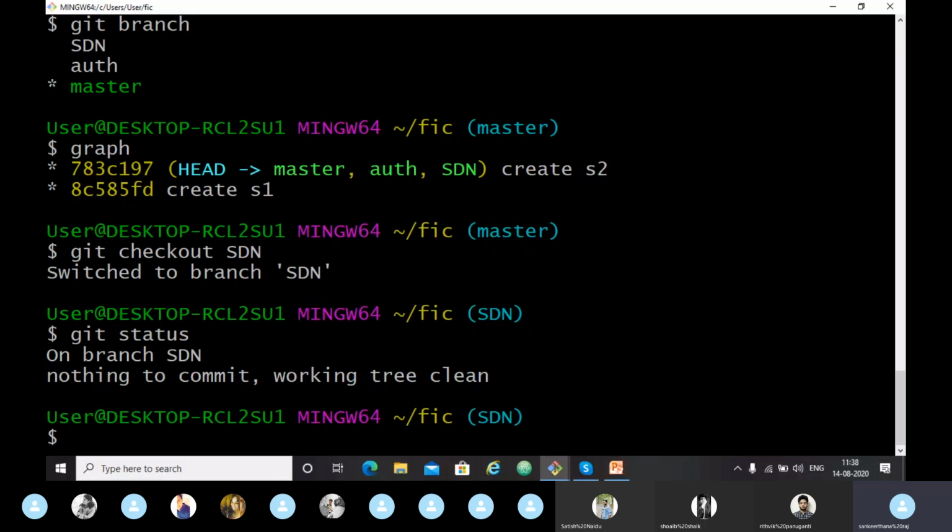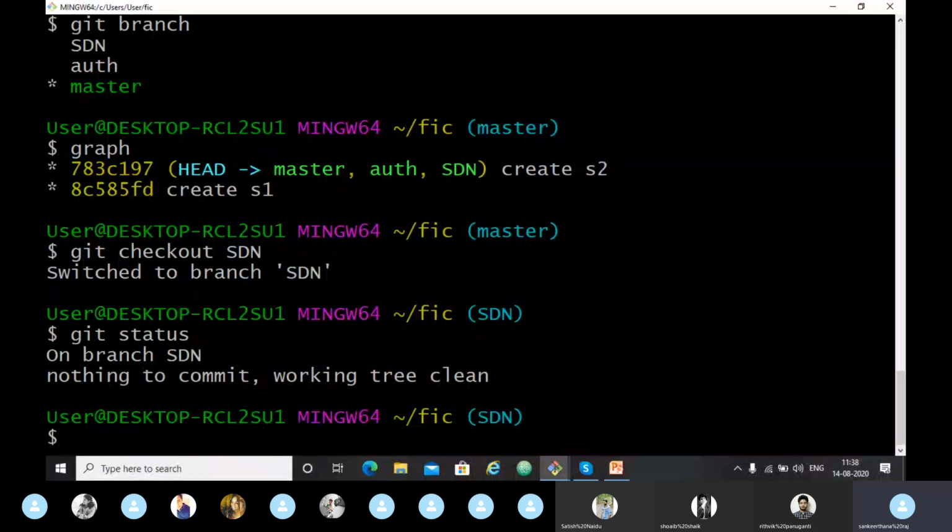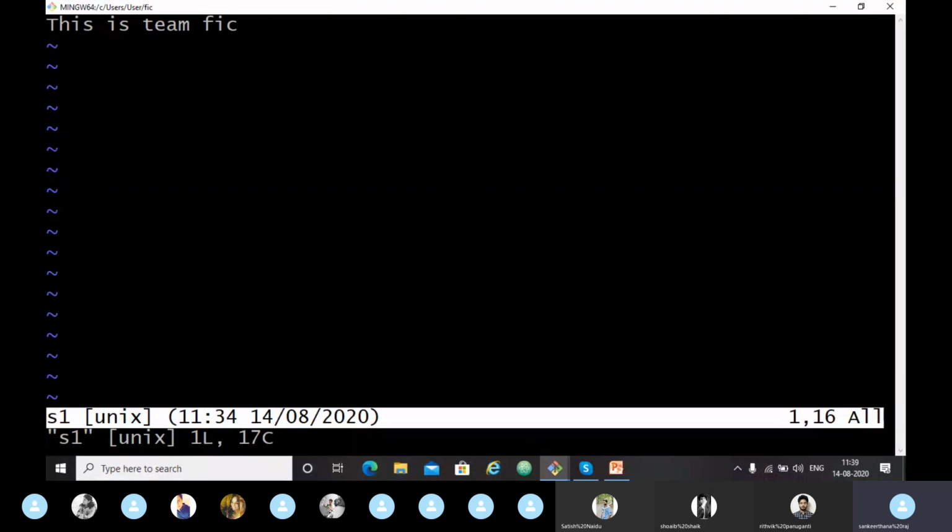Working tree clean. I will edit the file S1 that I have created earlier. So this is theme FIC UX. So I have edited it.